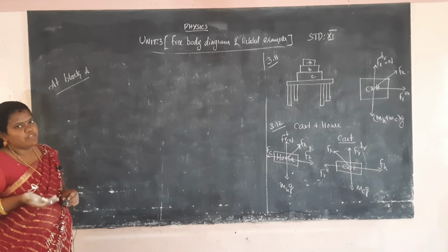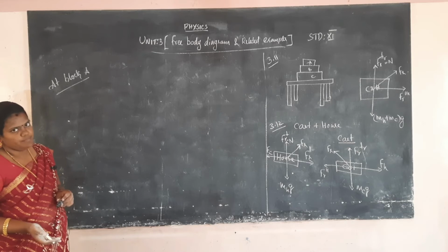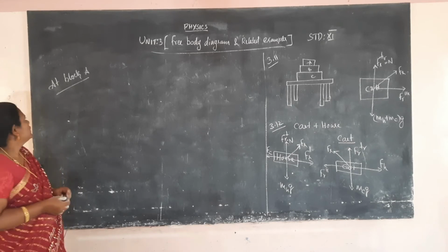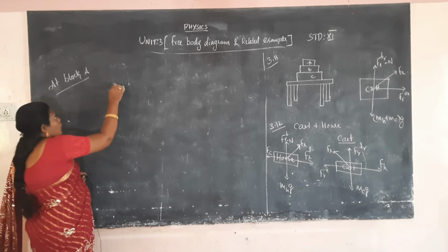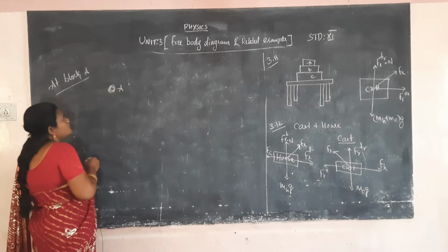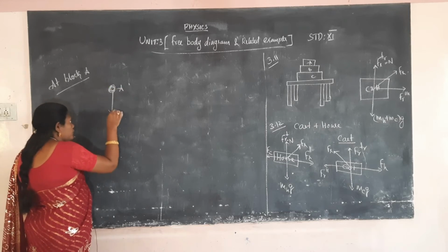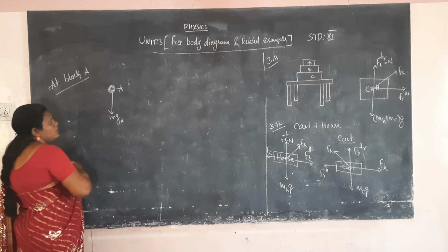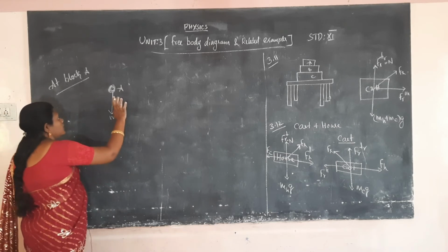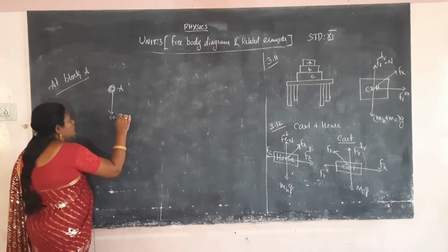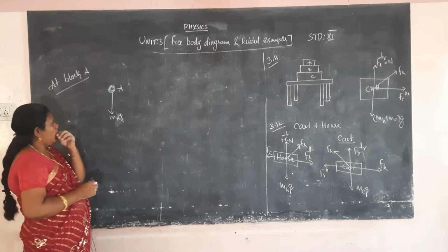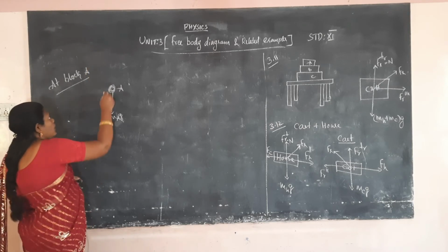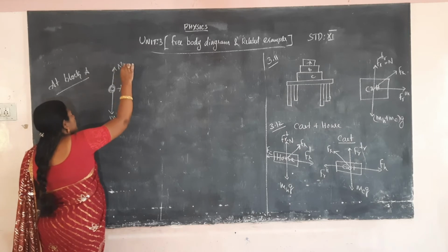Block A will be giving a force on block B, and block B will exert an upward force on block A. Okay, block A will be considered as a dot. Block A will be giving a downward force, that is mg, that is weight, m_A g. Okay, sorry, mass of the object block A and g, and B will be applying the opposite force, that is the normal force, N_B.